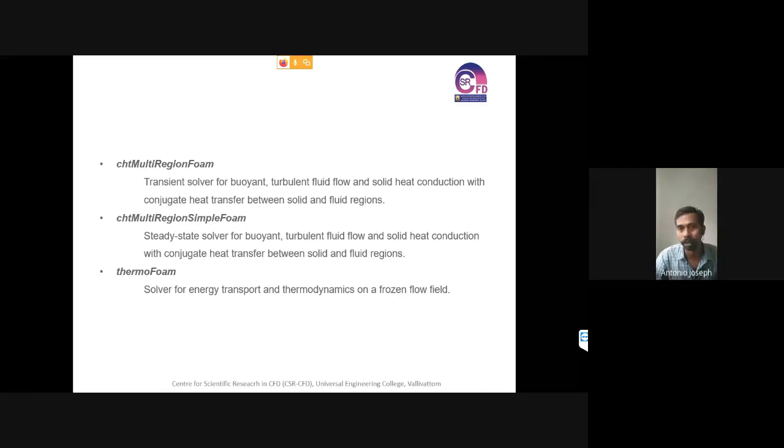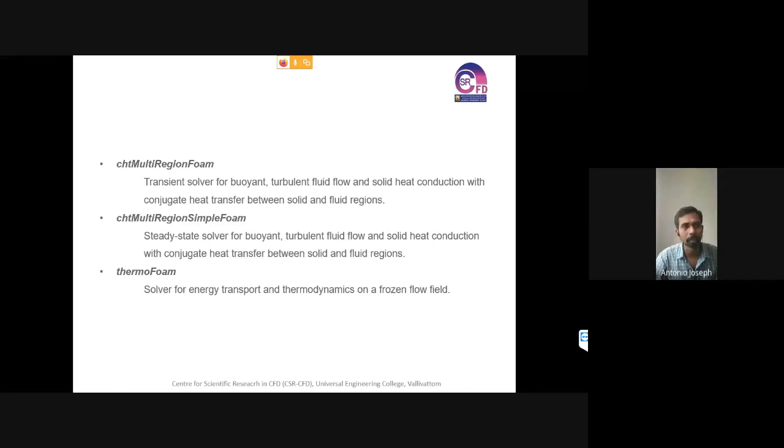Okay, so if we are going for a steady state analysis, we use chtMultiRegionSimpleFoam, or if it's for an unsteady or transient case, we use chtMultiRegionFoam. I think in our case we are using chtMultiRegionSimpleFoam. So we are analyzing it as a steady state problem.